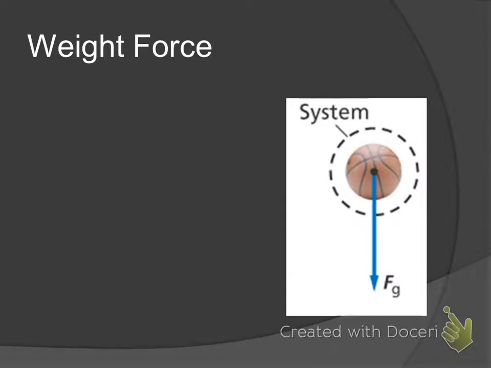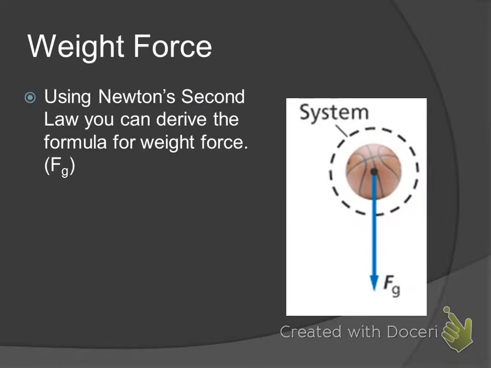Okay, let's move on and talk about the weight force, or F sub g. When we talk about the weight force, we're looking at how an object's mass is affected by the acceleration due to gravity, or the gravitational force, okay? So if we use Newton's second law, which is force equals mass times acceleration, we can solve for what we consider the weight force. And the weight force is labeled F sub little g, or force due to gravity. That's how I will name it, is force due to gravity. Okay? And we can derive that force